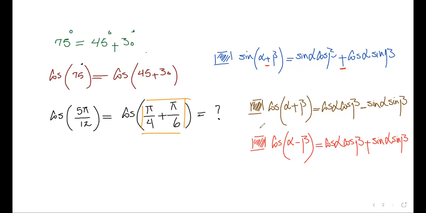How to solve it? I use these two identities. As a result, we say that the cosine of pi over 4 plus pi over 6